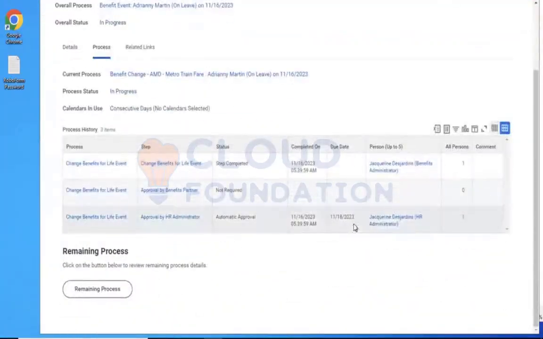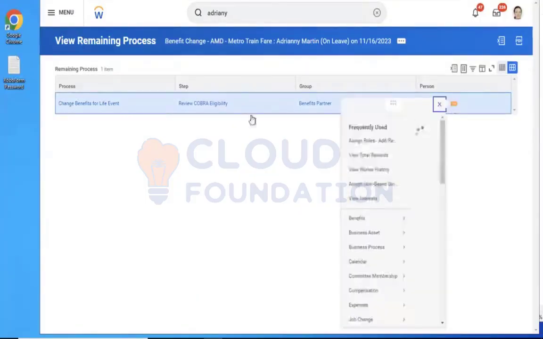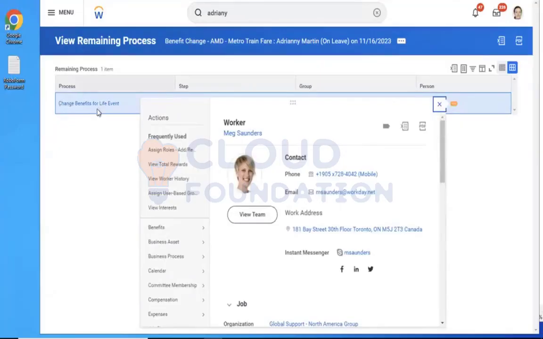HR admin. Okay. Admin, it's automatically approved, not required. Okay, someone included COBRA eligibility, sir. Okay, let me quickly proxy and approve this. Actually, this is not the case. We have to skip this step. I will show you.